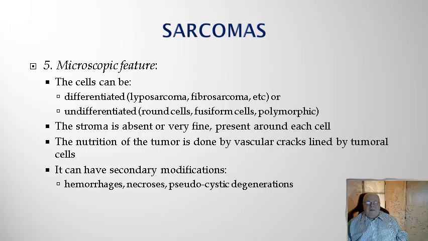But also, unfortunately, much more frequently than in the case of carcinoma, we can have undifferentiated sarcomas, which are, by the way, negative for cytokeratin. This is how we put this diagnosis, and positive for another marker, which is positive in all soft tissue tumors, differentiated or not, called vimentin. Thus, these undifferentiated ones can be with round cells, fusiform cells, polymorphic cells, undifferentiated sarcomas.